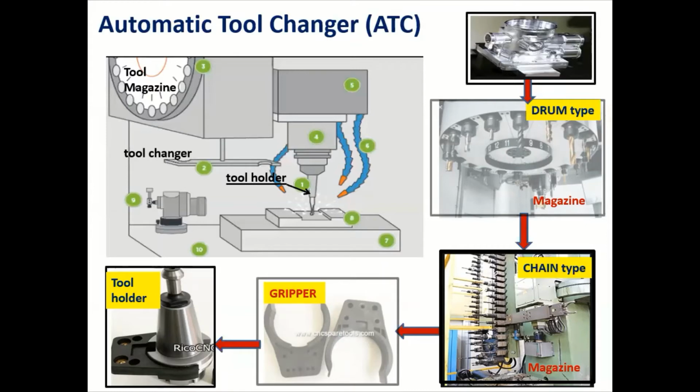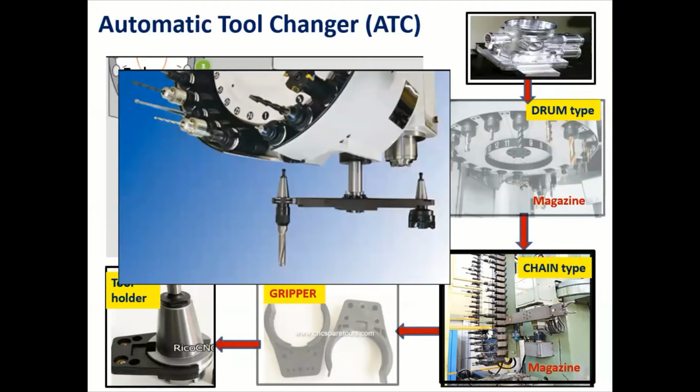For that, the tool changer is nothing but the automatic tool changer. In this diagram, you can see that from the spindle we can pull out the tool, which can then be replaced. After pulling it out, we can rotate the tool changer 360 degrees and keep the tool in a magazine. Whatever other tool you require, you can pull out from the magazine and replace it.